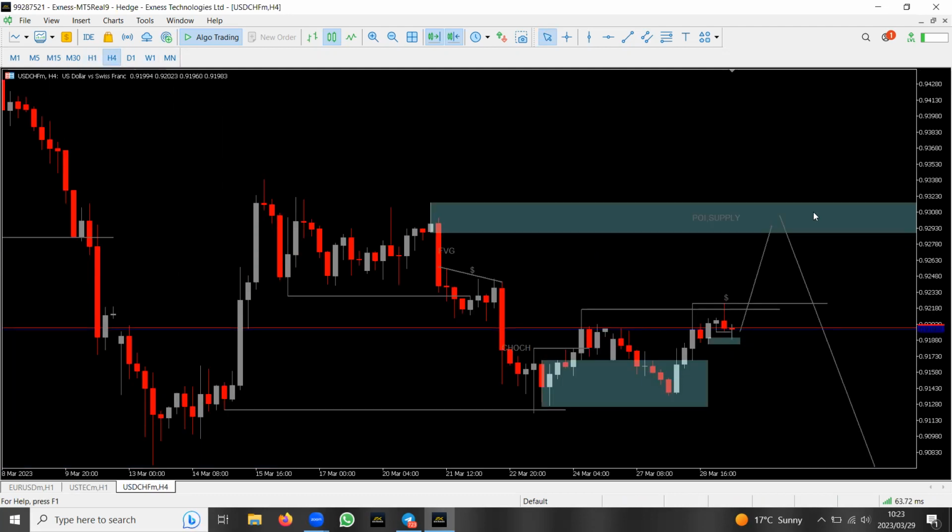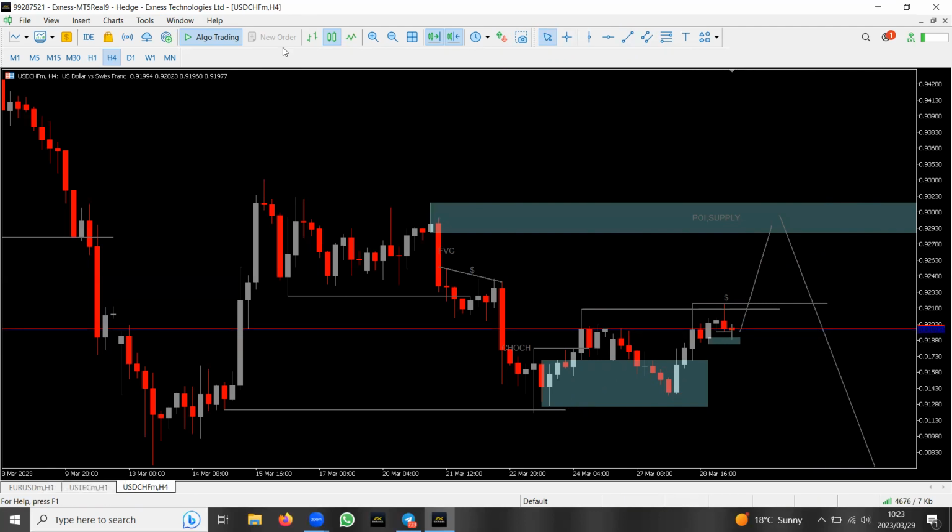Okay, it's a complex pullback. This is H4, even if you could say USDCHF is buying to sell, according to the way I see it. Yes, it's buying to sell. It's a complex pullback, and you can see price will be buying within this channel. Then after, we shall see that we could sell it. So which